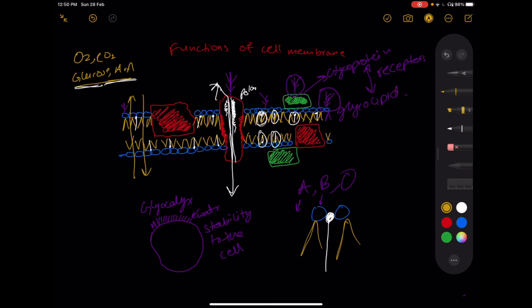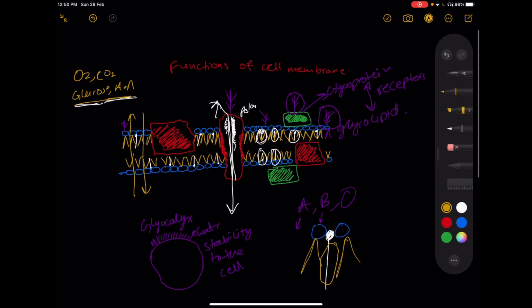Whereas if the temperature is too cold, this tail will prevent the phospholipid membrane from becoming too less fluid. So in the next few lectures, I will explain how facilitated diffusion and how